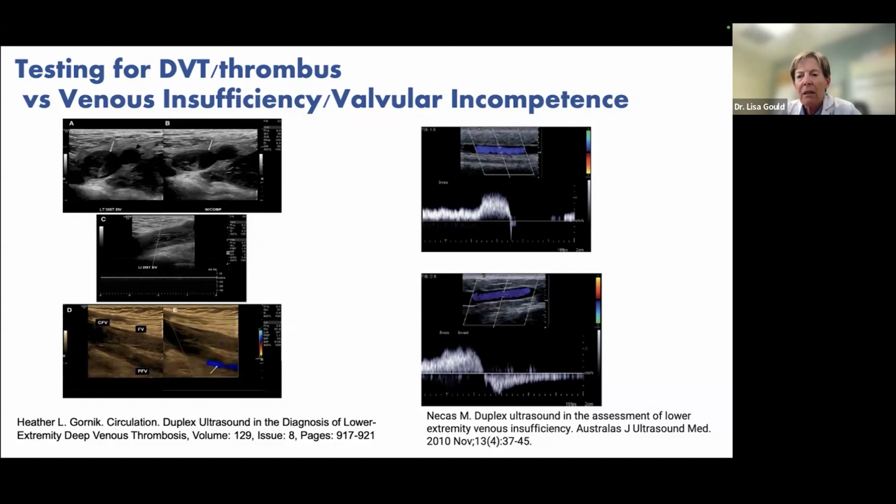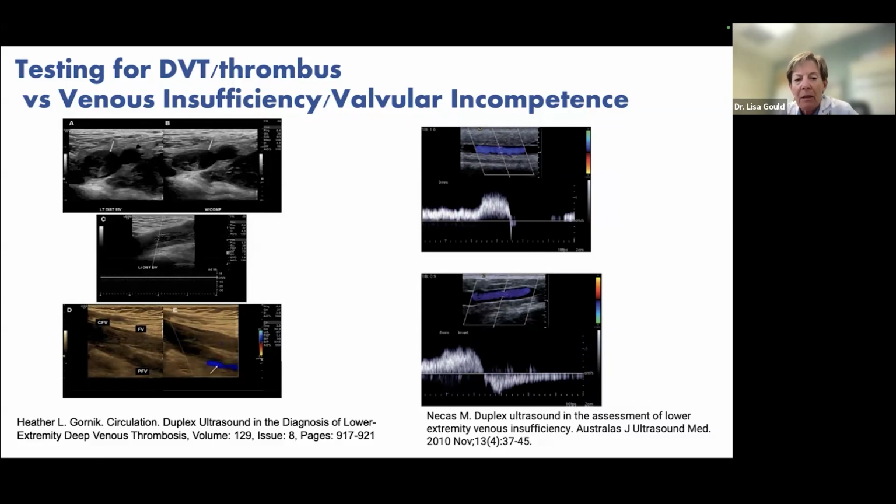And what the ultrasonographer does is they put the cuffs on and then they squeeze the leg to try to push that flow back up through the valves to see if they're competent. So down below, you see that it tries to close, but then there's this kind of swirling and whoosh where you're getting a lot of backflow. And they'll measure the number of seconds that goes on, and that tells you the degree of venous insufficiency and valvular incompetence. And that can be really helpful.